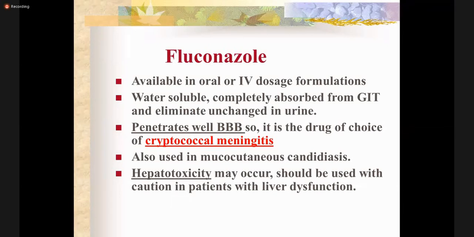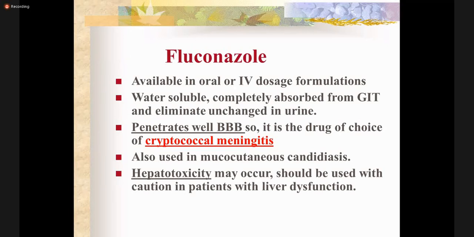Fluconazole is available in oral and IV dosage formulations. It is water soluble, completely absorbed from the GIT and eliminated unchanged in urine. Fluconazole also penetrates well across the blood-brain barrier. So these are the drugs of choice that can be given in CNS infection, and they are used for cryptococcal meningitis. So for meningitis caused by a fungus, fluconazole is the drug of choice because it crosses the blood-brain barrier. This drug is also used in mucocutaneous candidiasis,